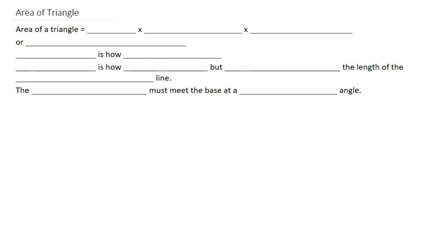Area of a triangle. Area of a triangle can be represented as 1/2 times the base times the height. Or it could be shown as area equals 1/2 base times height. Now the base is how long it is, and then our height